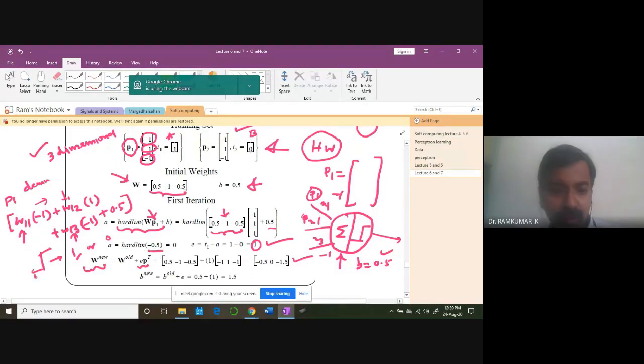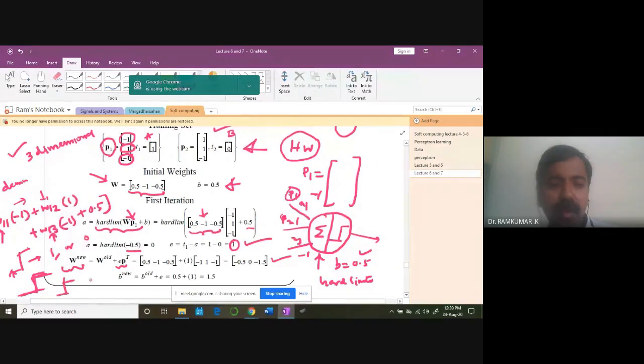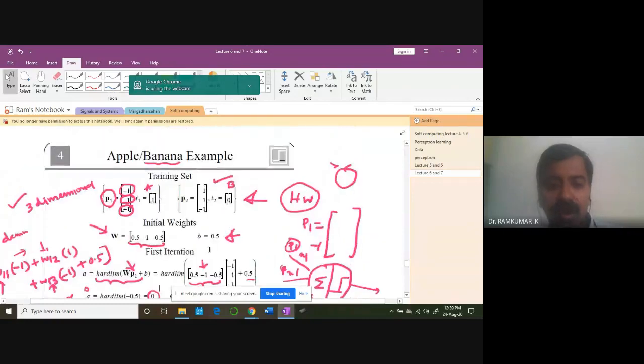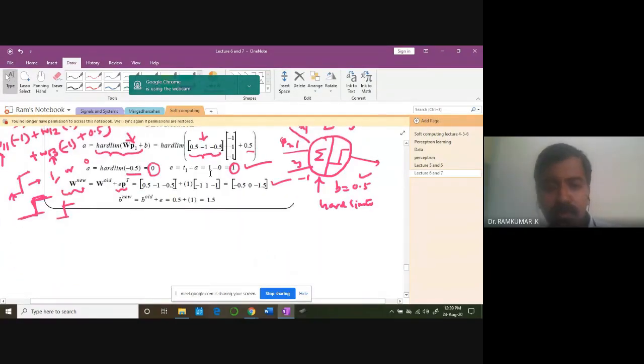That is 0, if you pass it through the hard limit function. Can you understand what I mean by hard limit function, everybody? Hard limiter, it's called. Why is it limiting? It cuts short some values, switching on only at a particular value. It's more like a step function. That's called the hard limit function. So naturally for hard limit, it's going to be 0. But what do I want? I want 1 for the first pattern.